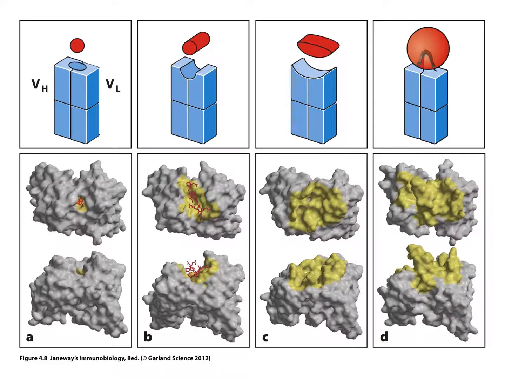If you look here at this figure 4.8 from the textbook, you get a better indication of what I'm talking about. Pockets, nooks, crannies, bigger, you get things jutting out that will fit into the epitope. The epitope will have a specific shape that can fit into the grooves, and then the R groups of the amino acids in these different sized epitopes will interact with the R groups of the amino acids